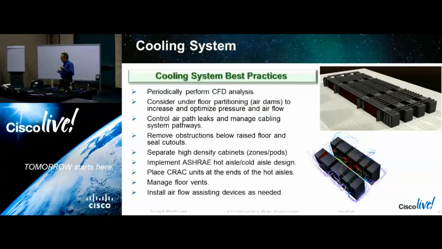So on this slide, best practices: if you have an average PUE data center, 2.0, 1.9, 2.2, whatever, you should absolutely do periodically a CFD analysis of your data hall. The computational fluid analysis of your data hall is going to tell you where your opportunities and strengths are. It's going to tell you where your problems are and how to focus what limited investments you can make specifically to the problem. And if you do that regularly, you will see continuous improvement. And if you're going to do PUE, do it regularly through the year, because PUE is a point in time.